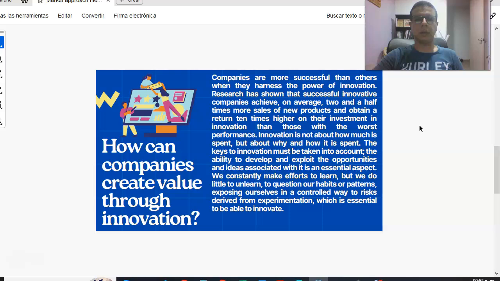Innovation is not about how much is spent, but about why and how it is spent. The keys to innovation must be taken into account. The ability to develop and exploit opportunities and ideas is an essential aspect. We constantly make efforts to learn, but we do little to unlearn, to question our habits, exposing ourselves in a controlled way to risks derived from experimentation, which is essential to be